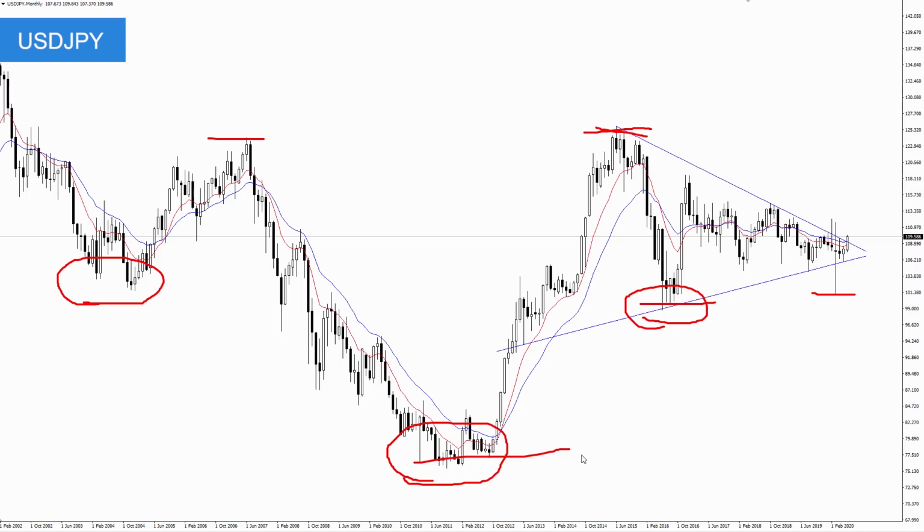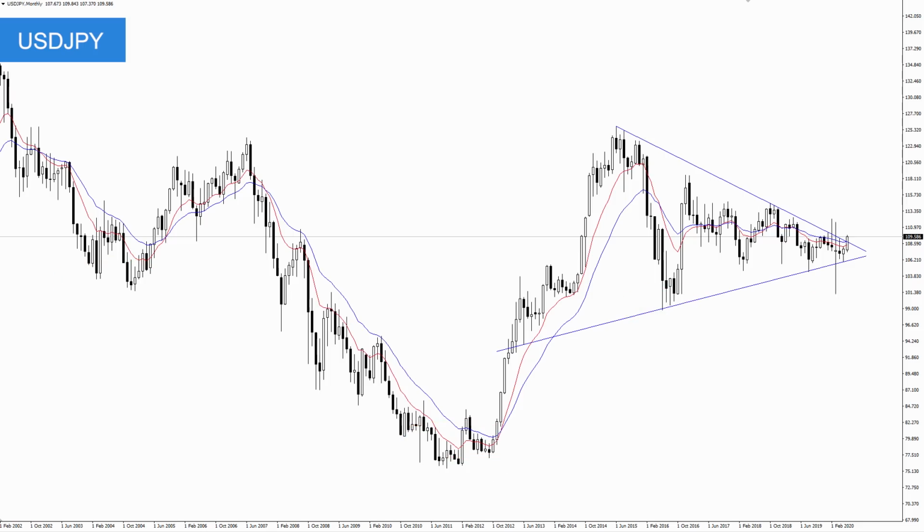So this is not something I'm saying where we're going to go back and retest 124 next week, but it is something to keep an eye on, because if we know that a market is about to trend for years, it makes our job a lot easier, because we know that we want to be a buyer on pullbacks and not a seller. All right, so this is all something to keep an eye on. It's what I've been watching now for weeks, and it's what I'm interested in trading.